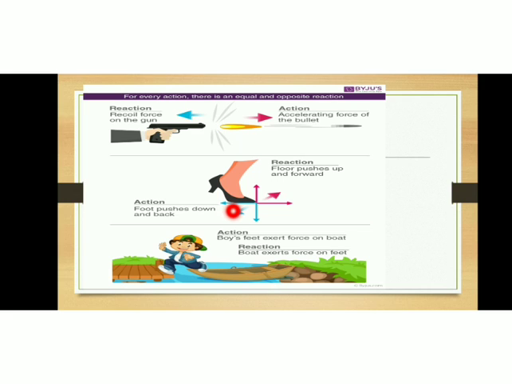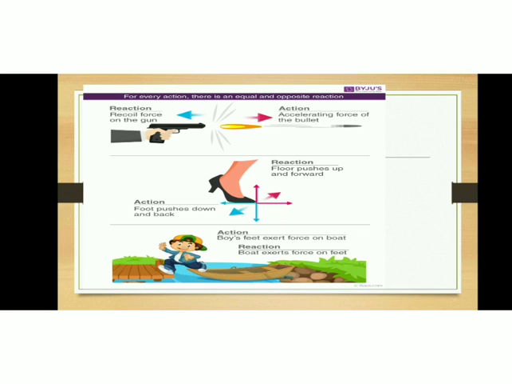Now, while walking, our foot, what happens? Our foot pushes the floor backward. So that will be the action force, and the floor in turn pushes us forward. That will be the reaction. Next, when a sailor or boy jumps from a boat, what happens? The boy exerts a force on the boat in the backward direction, and the boat exerts a force on the boy in the forward direction, due to which he is able to move up from that boat. Okay. So these are also some of the applications of Newton's third law of motion.